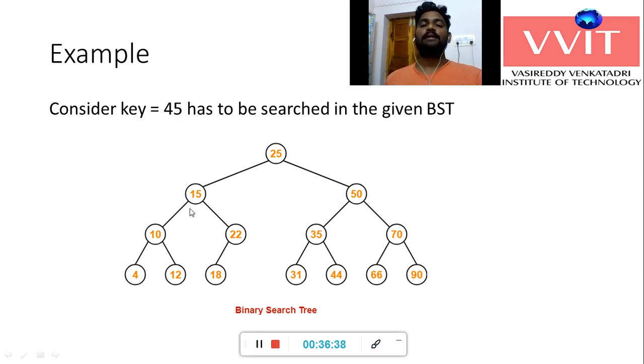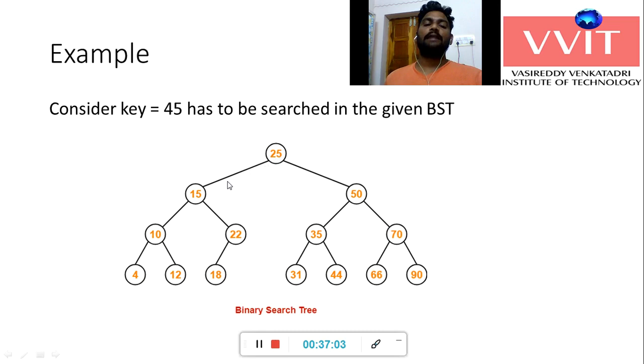For example, another example will be taken, where the given node value is 22. That given searching node value is stored in the key value, 22. The given key value is compared to 25. 22 is not equal to 25, both are not equal. 22 compared to 25 is less than, so we traverse the left subtree.